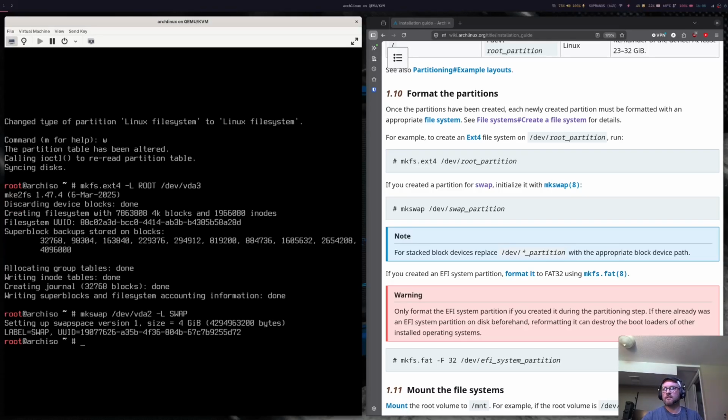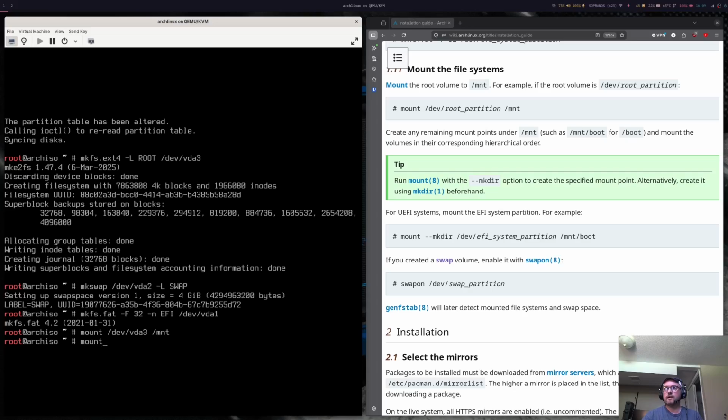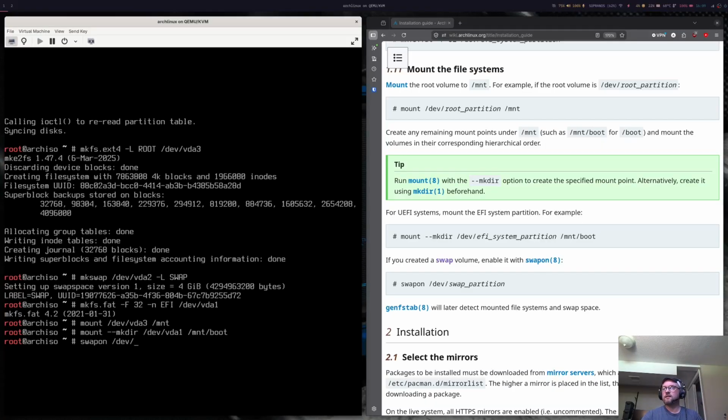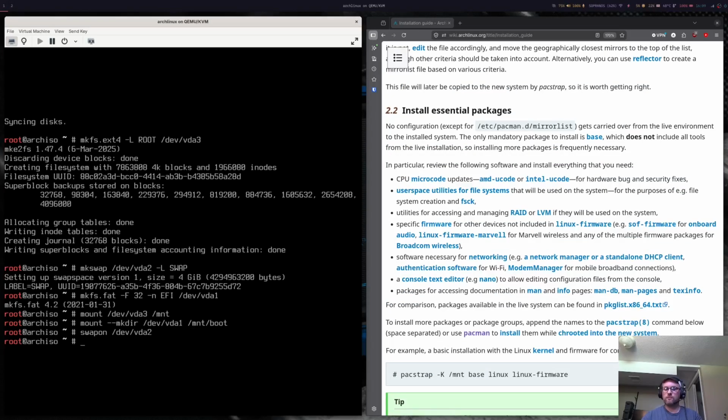We need to make the EFI partition a FAT. That's a -n for the label. Then we need to do mounting, so we're going to mount /dev/vda3 to /mnt. Make directory /mnt/boot and mount /dev/vda1 to /mnt/boot. We need to swapon our swap drive. Then we are going to do